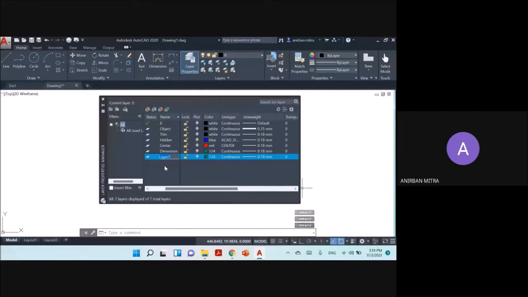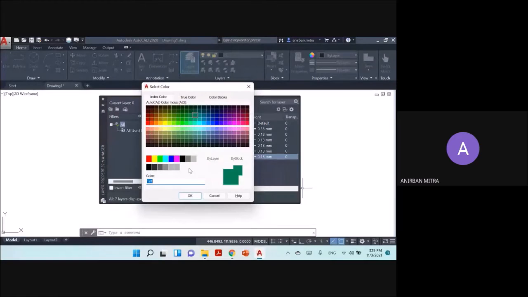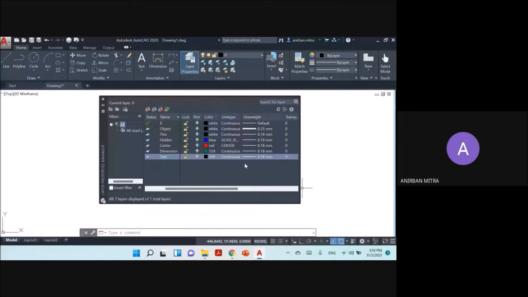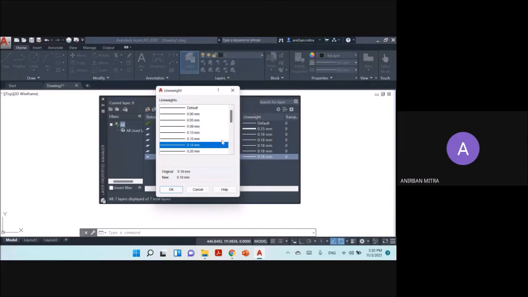Another thing, do notice that whenever I create a new layer, it takes up the properties of the layer which was selected while the new layer was created. So as the last one, dimension layer, was selected, as I pressed this new layer button, that's why it has taken up the properties of that layer. Now you can change it. So let's say we'll be requiring some text. So this is text. For text, I think we can keep it as black. This would be continuous, and let's change this line thickness to 0.25.